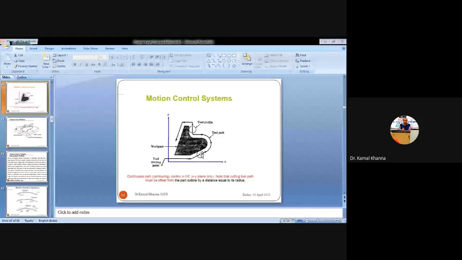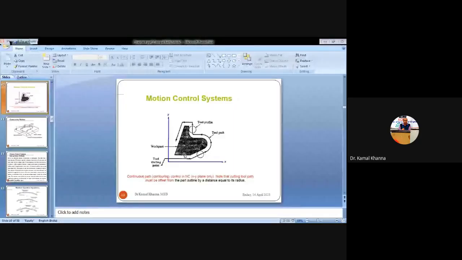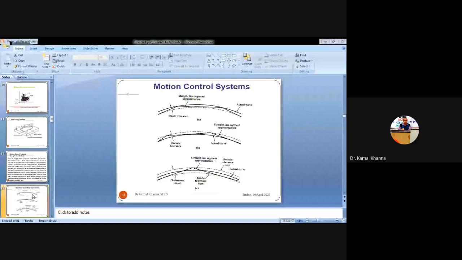And if the axis of the tool matches the outer edge of the specimen, then that specimen will be shorter in length, shorter in dimensions as compared to the desired one. So you have to consider the tool path offset by the radius of that tool from where the operation is to be performed. So these are basically the outer dimensions of the specimens. You have to consider the offset of the axis at a distance equal to the radius of the tool. Similarly, this dotted line is showing the path of the tool from where the operation is to be performed.